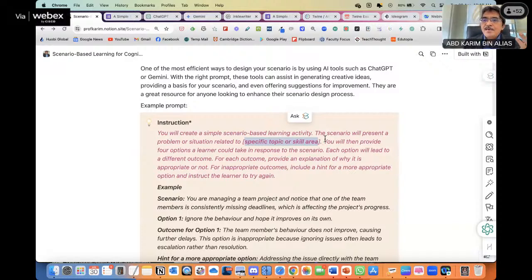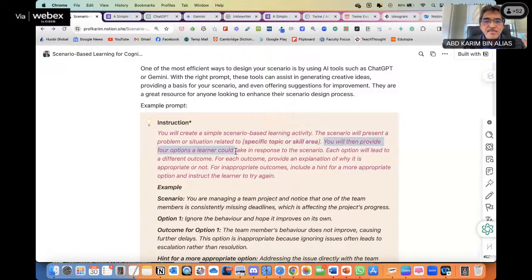For example, in the last webinar, Dr. Nurul Ain from management gave an example of governance and ethics. So this is where you put in governance and ethics, or whatever is in your specific area. Or you can give a topic of the lesson, of the course.